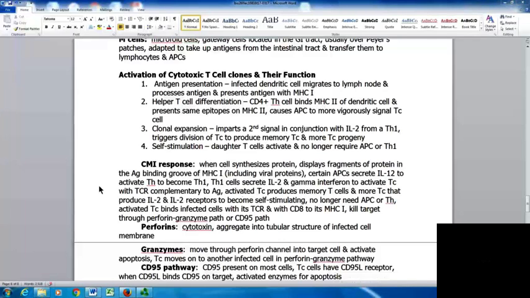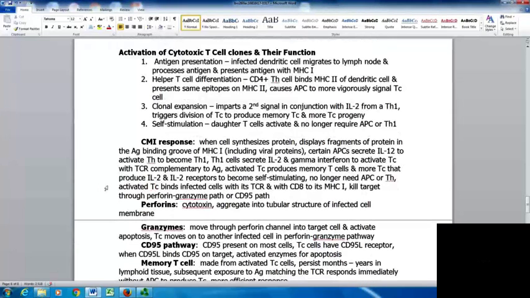So the cell-mediated immune response is when the cells synthesize proteins. They display the fragments of the proteins in the antigen binding group of the MHC1, including viral proteins. Certain antigen presenting cells are going to secrete IL-12 to activate the T helper cells to become Th1. Th1 cells are going to secrete IL-2 and gamma interferon to activate the cytotoxic T cells with the TCR that's